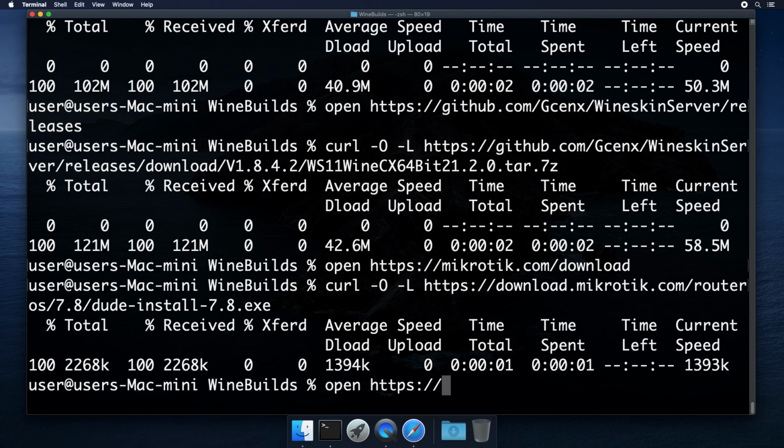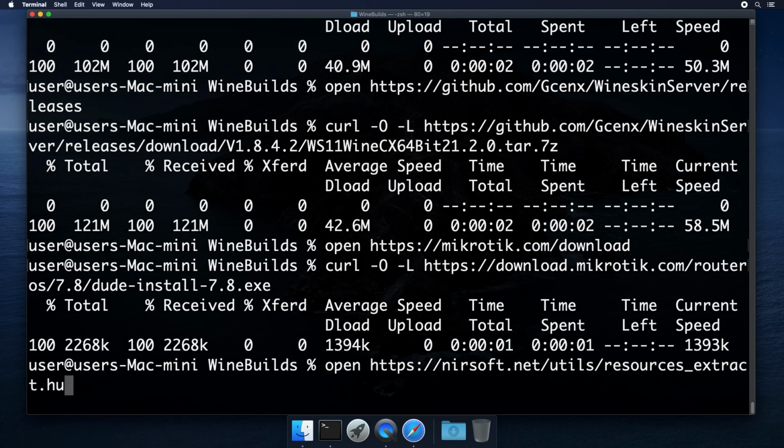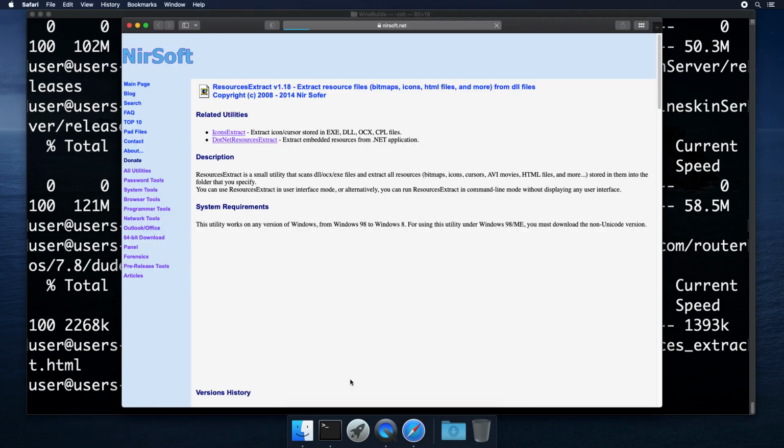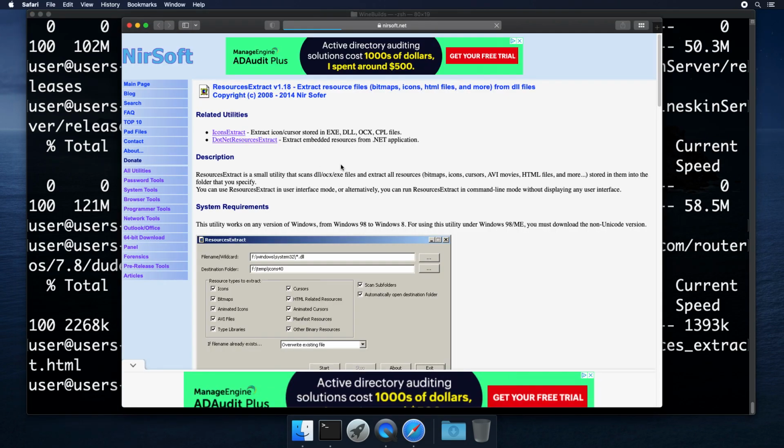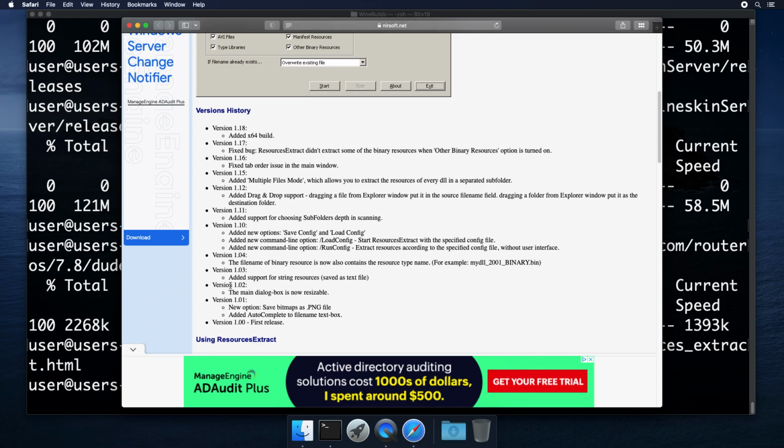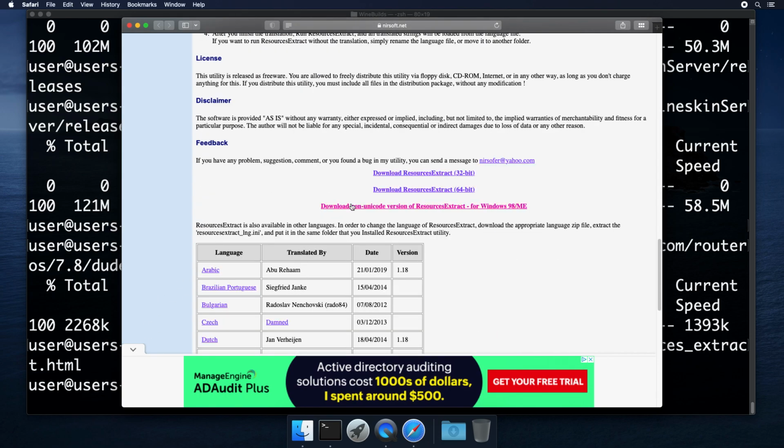Alright, this is optional, for the icon file, but it is nice to have. It is the hardest part. A lot of people can get stuck on this, but it's not too bad if you follow directions.